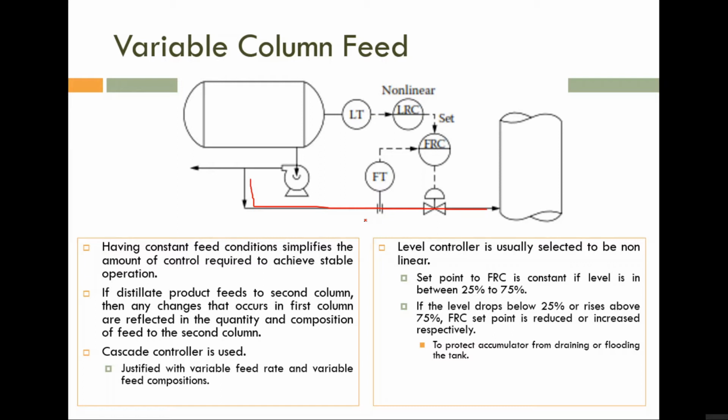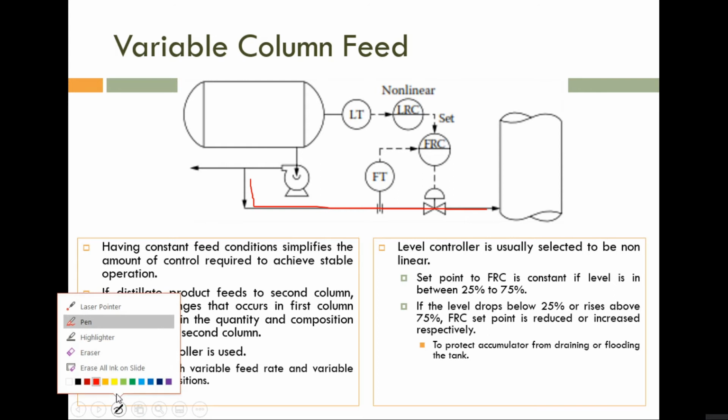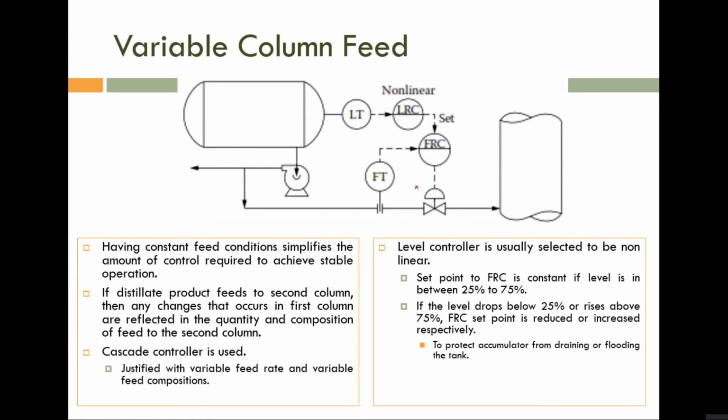The question is why we are using that concept, why we are using two independent control loops. If you are using two independent control loops, then we need to use two control valves, and we have to implement these two control valves in the same line. So definitely one control valve will be a wastage, because the performance of the second control valve will be affected by the other control valve. Okay, so to avoid that, in order to reduce the cost and in order to improve the performance of the control valve, we have to use only one control valve. So anyway, we have only one choice, we can use only one control valve.